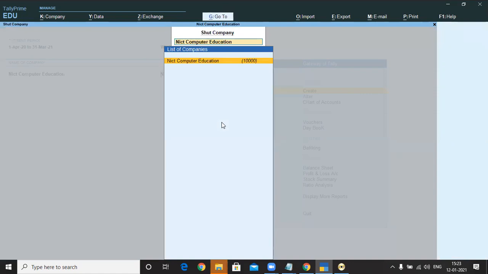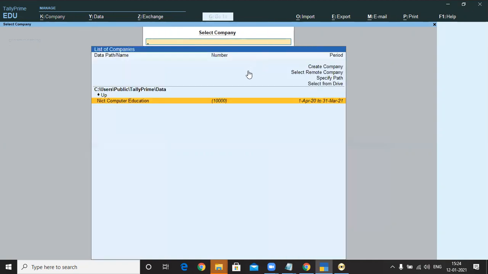Select the company which is opened right now, and notice this 5-digit number. As I said, after a clean installation of Tally Prime, the first company will be 10000. Press Enter. The company is shut down.